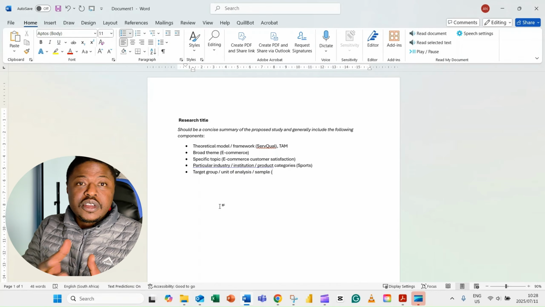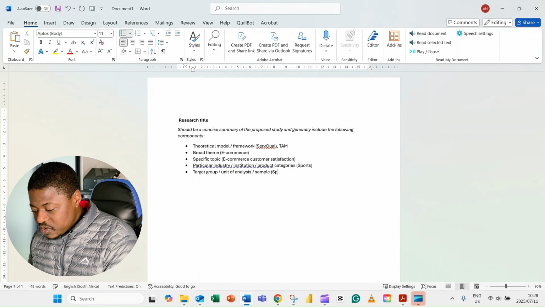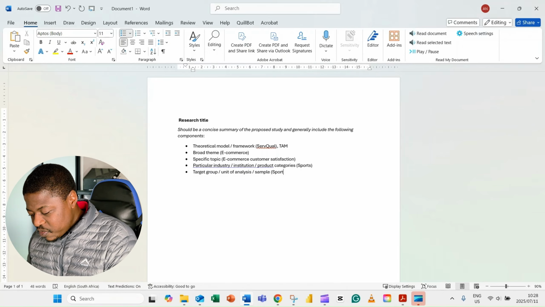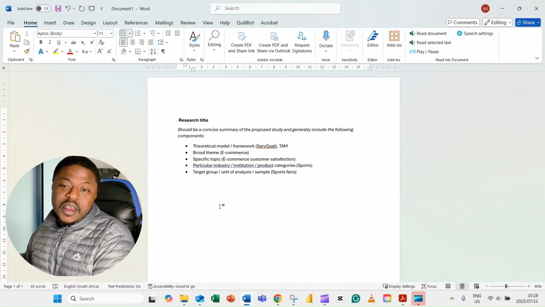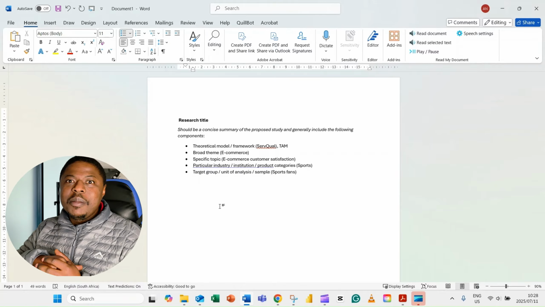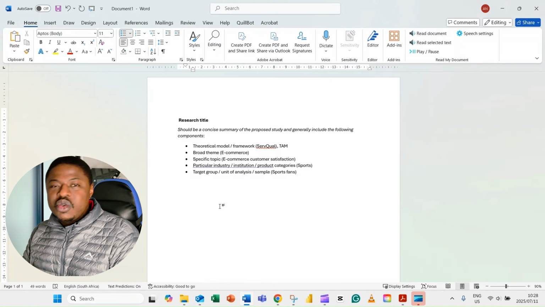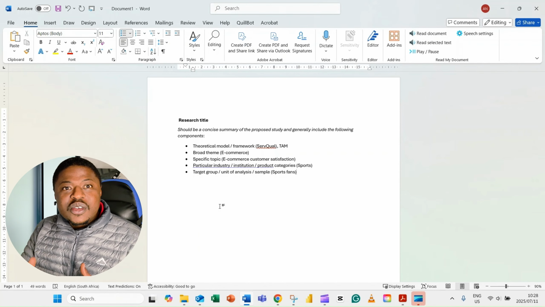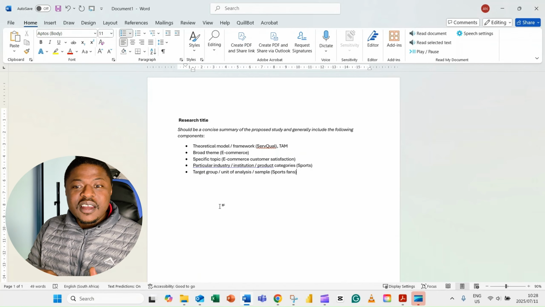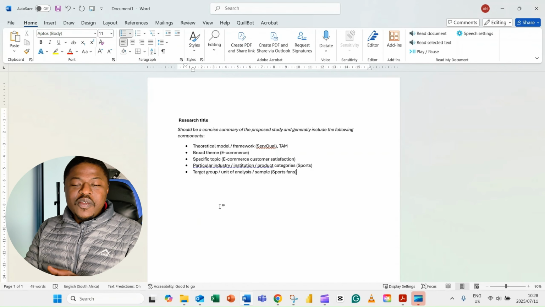In our case it's sports fans, because we've already spoken about sports. You could talk about gender, females or males, or about age: generation Y, generation Z, baby boomers, generation X. So it depends. Now I'm already adding to my title: effectiveness of perceived ease of use of